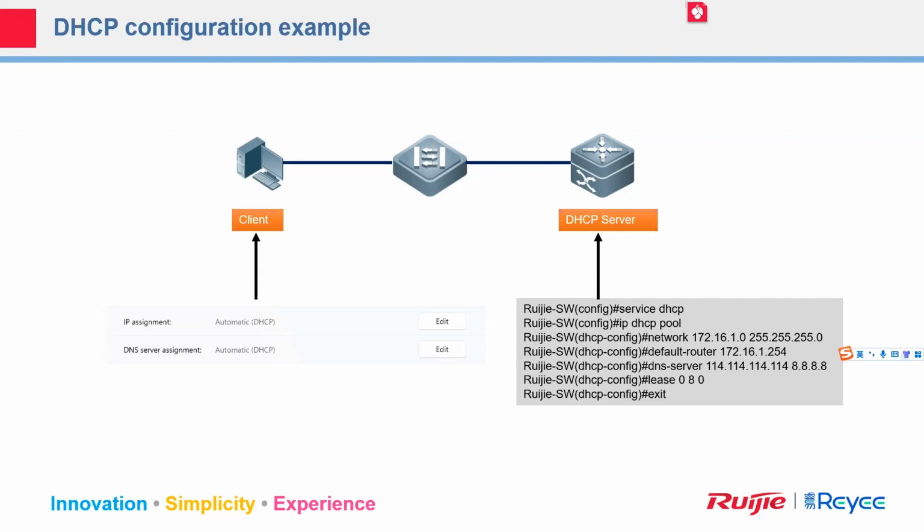And then we have to create the DHCP pool, ip dhcp pool. Oh, here we lost the name. For every pool we have to give a name. And then the next command is network 172.16.1.0, and the mask is 255.255.255.0. This command means if someone asks me to assign an IP address for you, I will get the IP address from this segment. So this is the command of network.